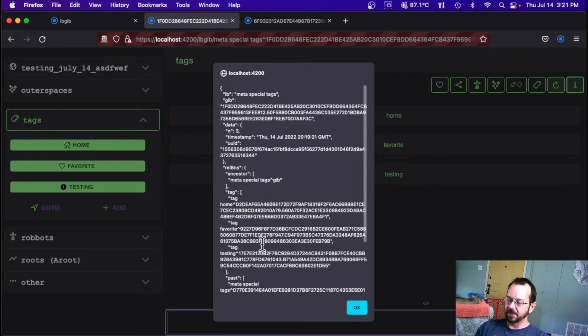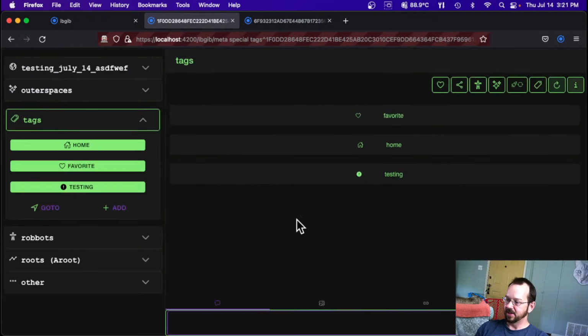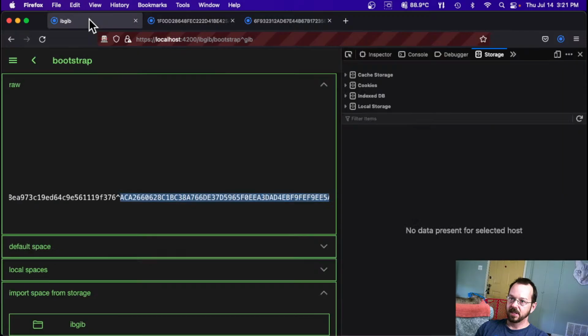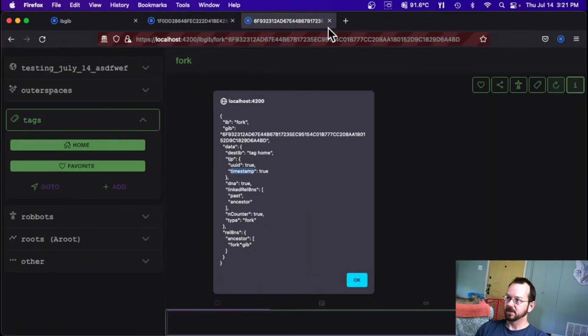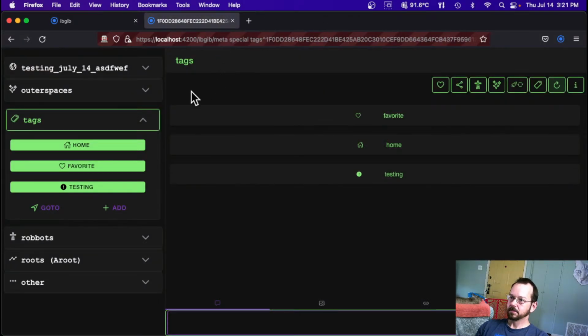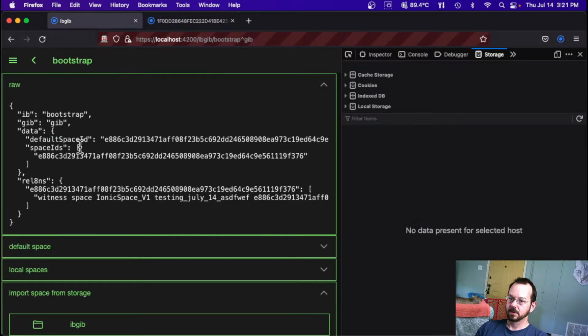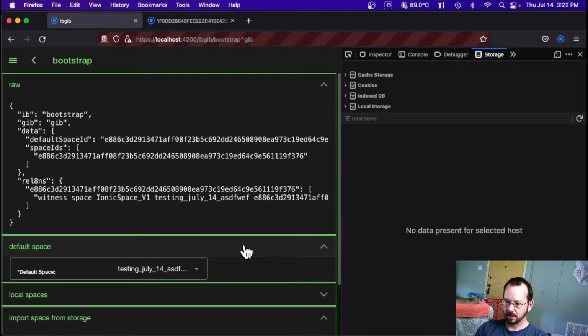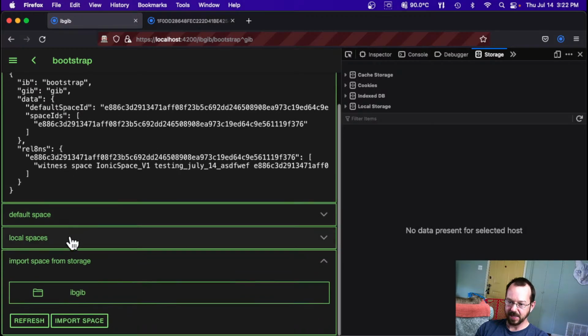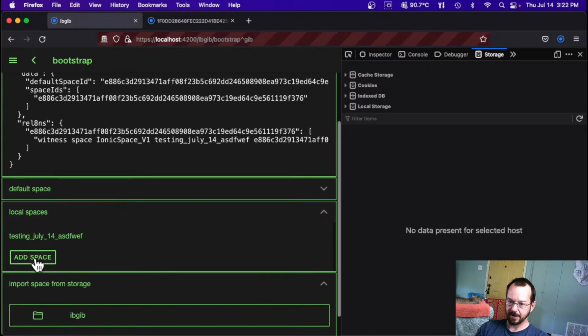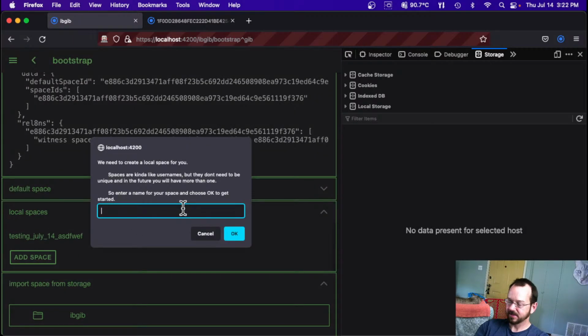But anyway, so we updated this. It updated the local space. The local space keeps track of those things. Okay. But so we only have one space. So we can actually create a new space with my awesome UI here. You add a space,